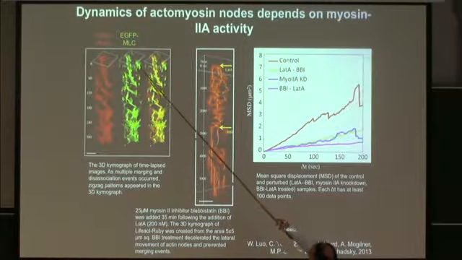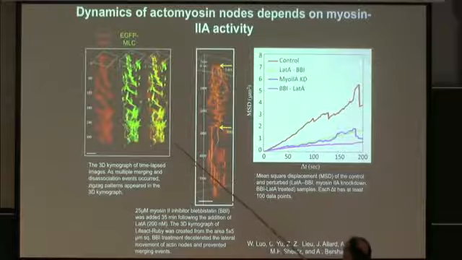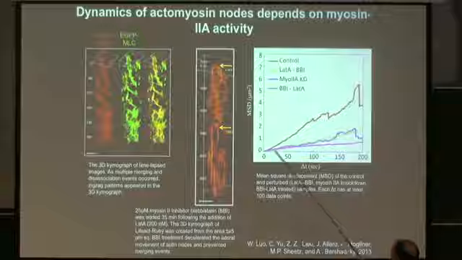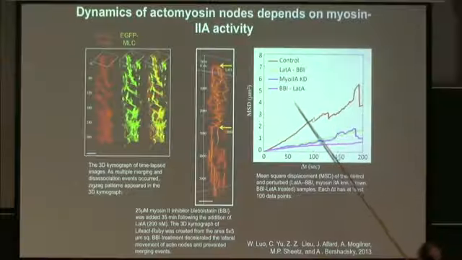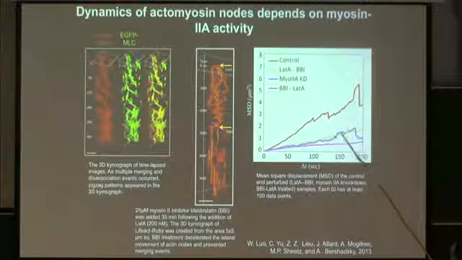In the beginning they do not coincide, in the end they become more colocalized, and probably that is not surprising. And we can of course measure their movement simply by measuring mean square displacement,